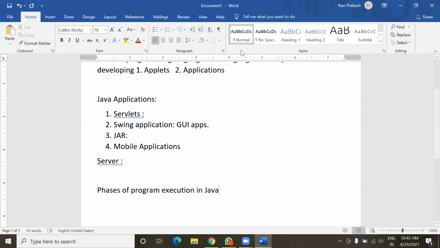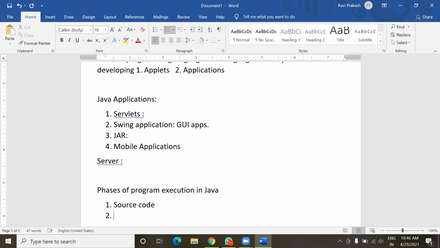You already know about this. So the code written by the programmer is known as source code. After writing this source code, what is the next step we do?